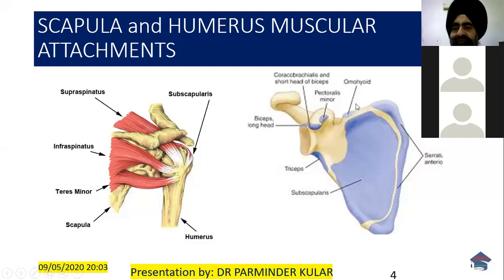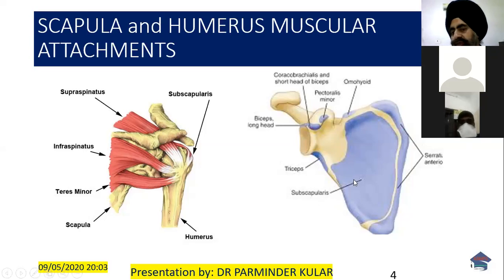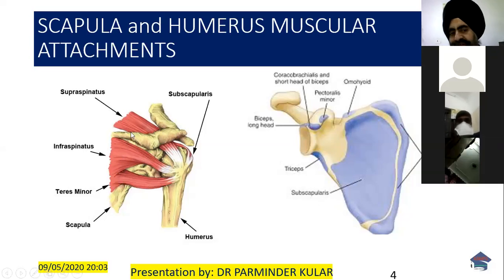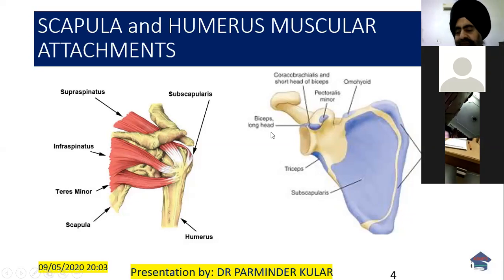And on the superior side, we find the omohyoid, and on the coracoid process, you find the insertion of the pectoralis minor, and the origin of the coracobrachialis and the short head of the biceps. And the long head of the biceps, I've already told you, originates from the supraglenoid tubercle, and the triceps originates from the inferior margin of the glenoid. On the back, above the spine of the scapula, we have the supraspinatus. Below it, we have the infraspinatus. Here is the teres minor, and here where the cursor is, is the teres major.